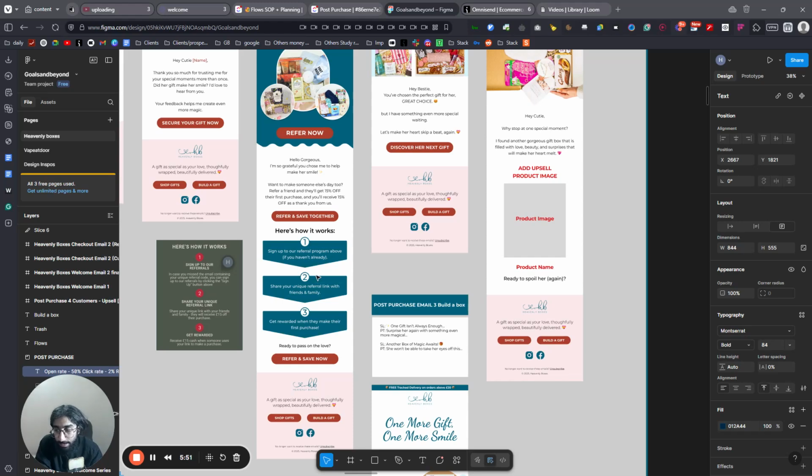So here it says that you have to sign up to a referral program if you haven't already, but the referral program is automatically added. But just in case somebody has to manually subscribe, then they can do that. Otherwise, if somebody orders, they are directly sent a referral link, so they are automatically added to the referral program. And then share: every customer is given a unique referral link that they can share with friends and